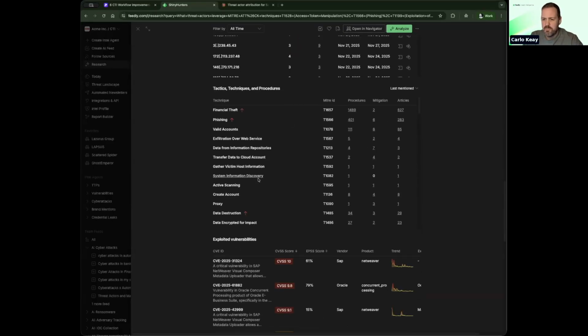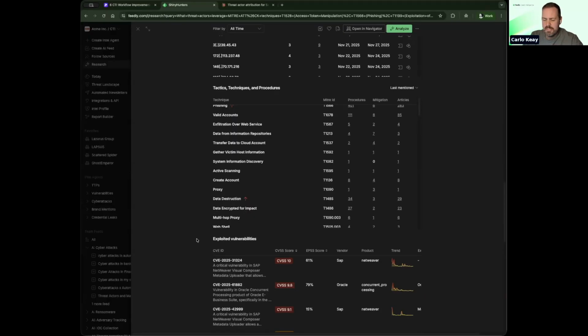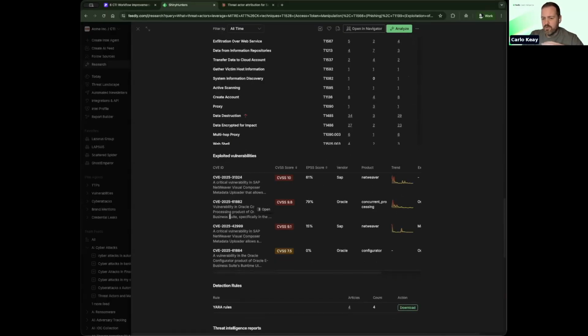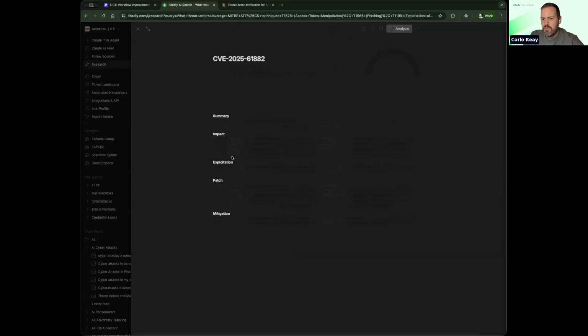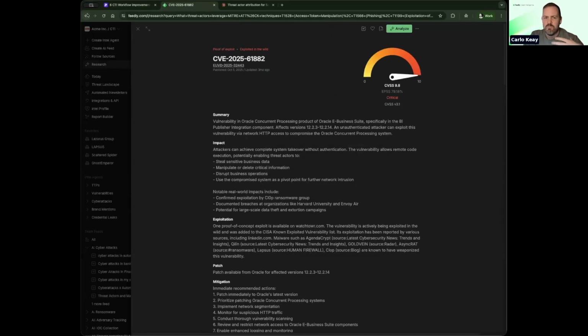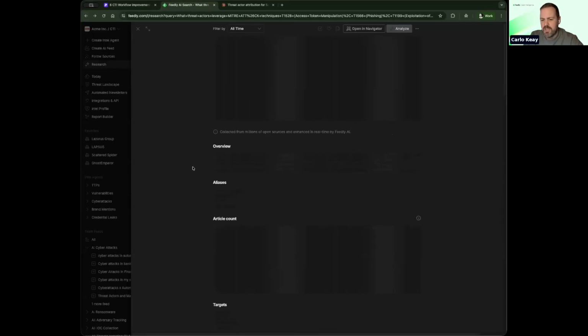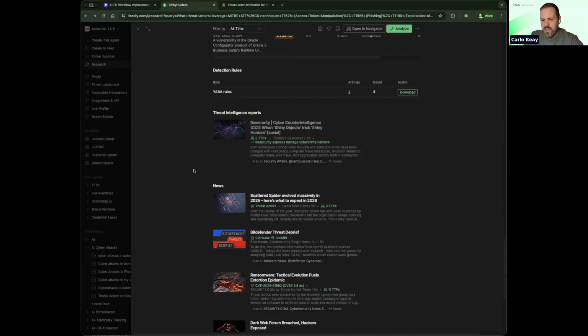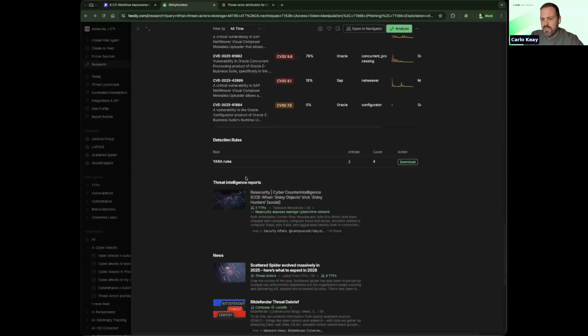So all the associated TTPs for this threat group, I'm going to come back to this. Exploited vulnerabilities, so known exploited vulnerabilities for this threat group. And also here, if you're using Oracle, for example, you can have a look into this CVE. That'll open up a new insight card, which you can then deep dive into, see if you need to patch that. And then scrolling down again, we have things like detection rules,